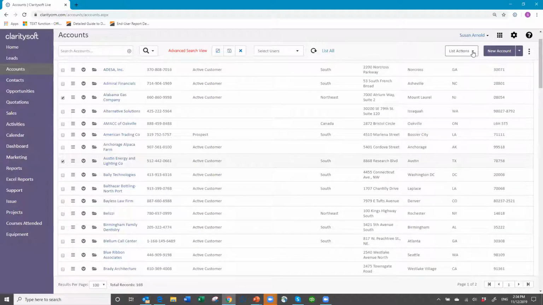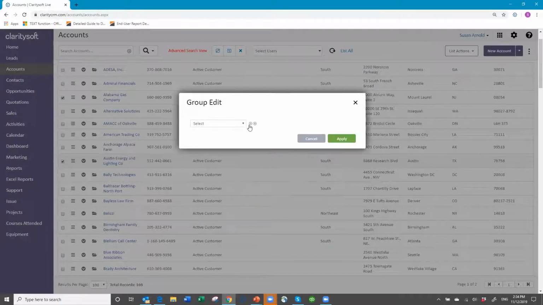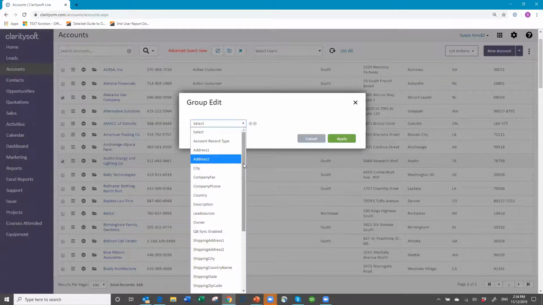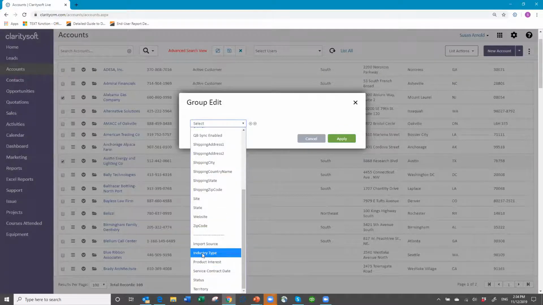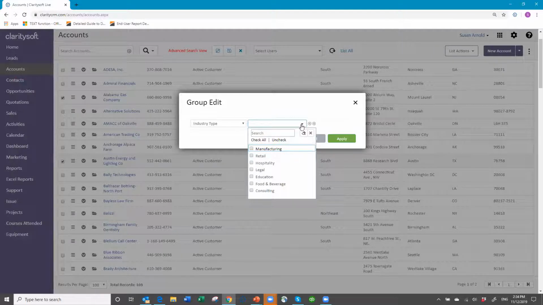Then I go to list actions. The list actions menu is anything to do with more than one record, a list. And I have a group edit. And then I'm going to do all records marked as checked. And then I get to choose my field. So I go down to the bottom again, industry type, and I get to pick what industry type they're in. And see, none of them match energy companies. So we're just going to put them in, what the heck, manufacturing. Okay. So if I click apply,